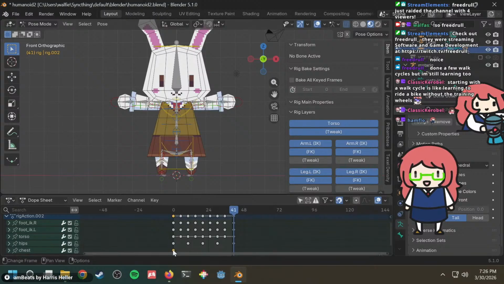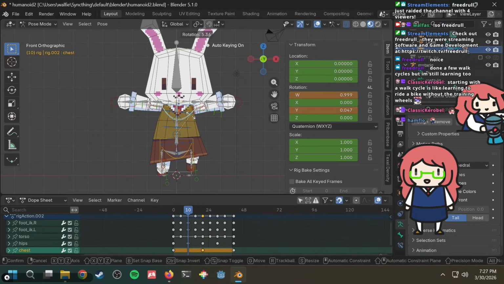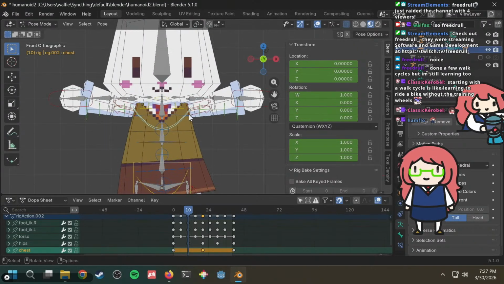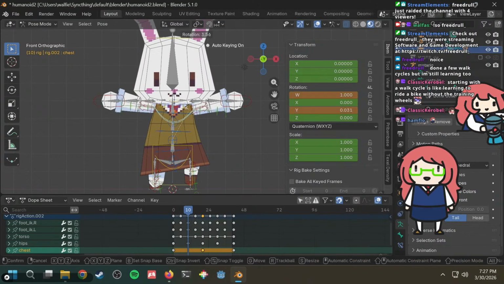I'd like to copy this, please. And then go in the middle, do the same thing. Alright, so then in this one, you want it to be like that. Oh, but the head also moves. Hold on, I want the head to not move. Maybe just a little bit.